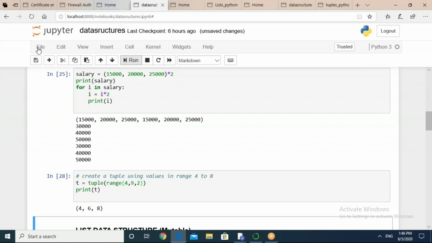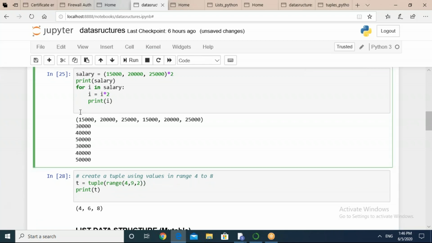So just try to find out the length of the tuple. How you can compute the length of the tuple? We did it for list also. I hope you remember. So just find out the length of the tuple that you have just created. How you will do it?